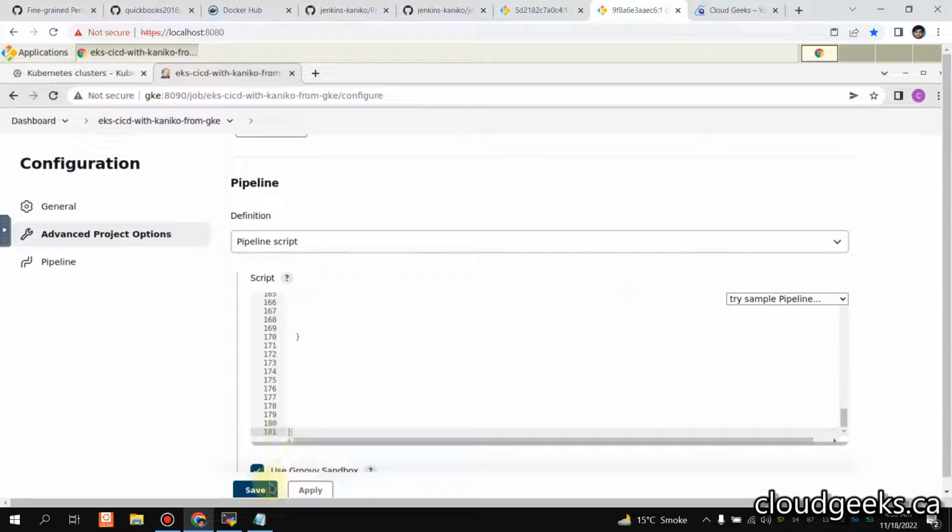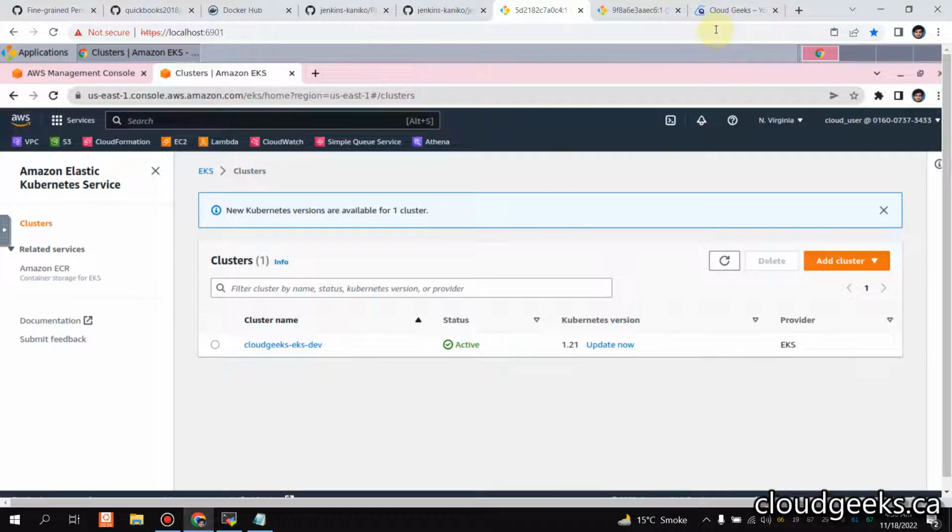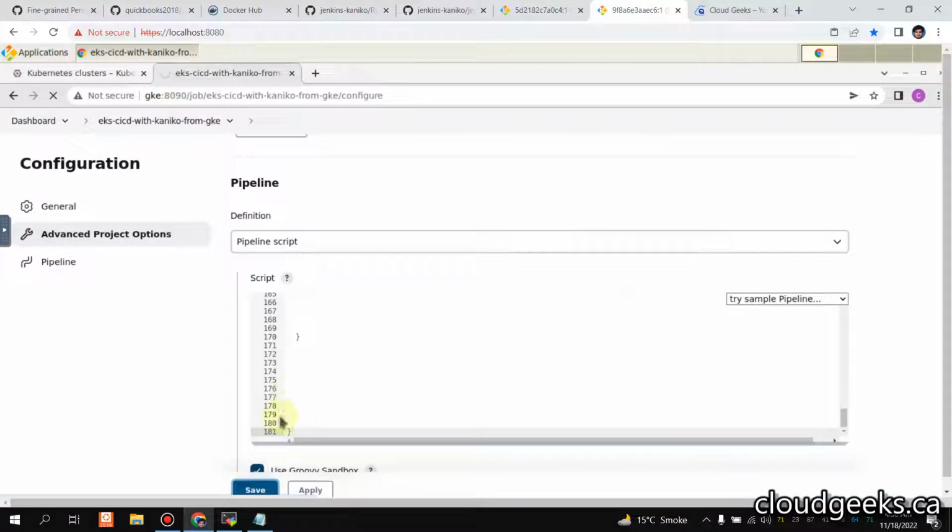So save it. Let's try to build it, and then I'm going to show you all the part with regard to the CD, and we are going to do the deployment on our EKS cluster, and I'm going to show you all the stuff in EKS as well. So let's try to save it. Let's see